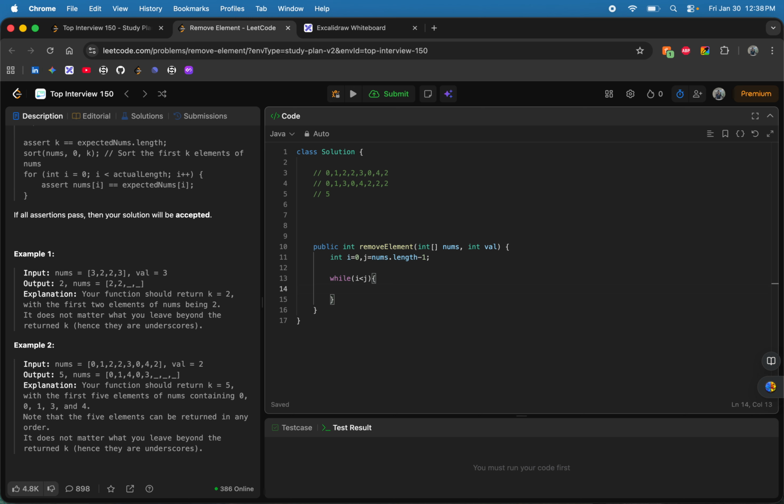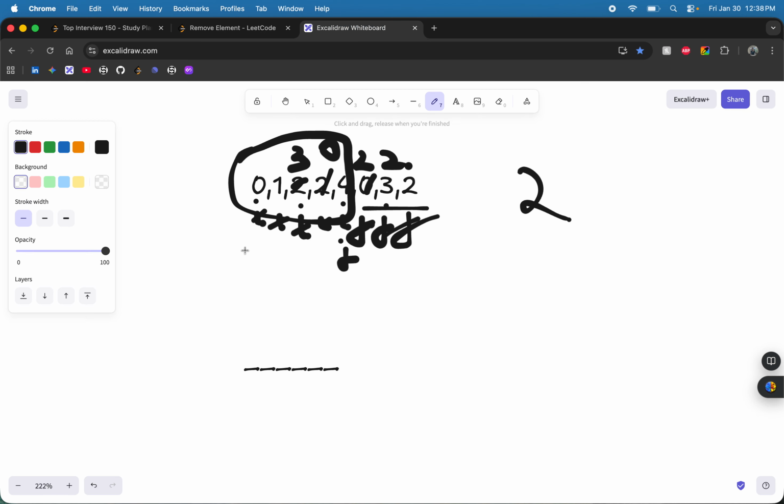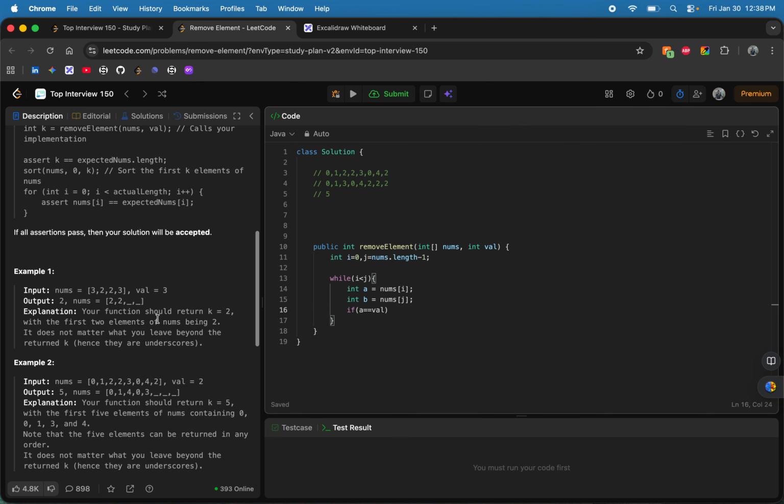Okay, we'll fetch two numbers: a equals nums[i], int b equals nums[j]. We check if a equals val. If a is equal to val, okay, let's see. Yeah, if a is equal to val,